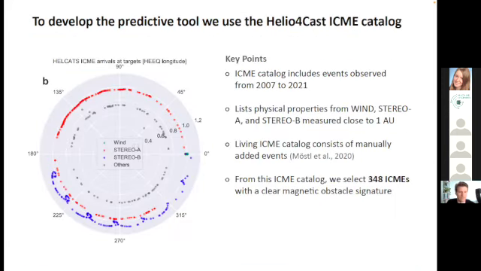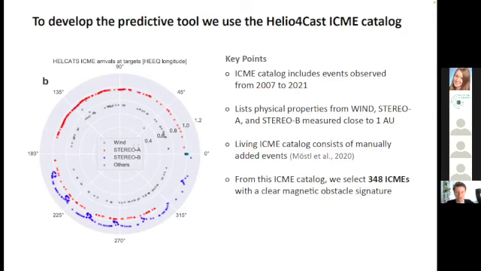First, I would like to talk a little bit about the data. Of course, in order to train a model, we need enough data. Here we use this ICME catalog that is collected and maintained by Christian Möstl from the IWF Graz. On the left, we see the arrival times of the magnetic obstacles of ICMEs in this catalog. In red, we see STEREO A, in blue STEREO B, and in green Wind data. This gives you an impression of the location where we collected the data